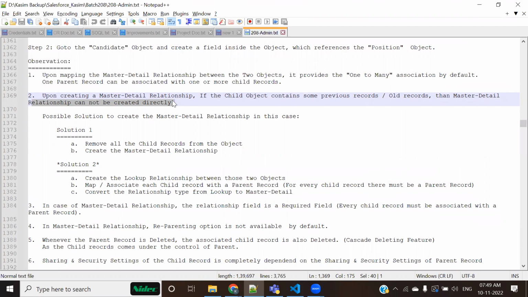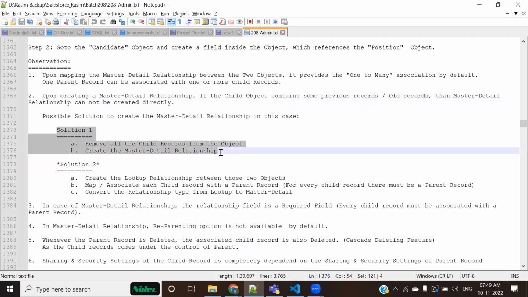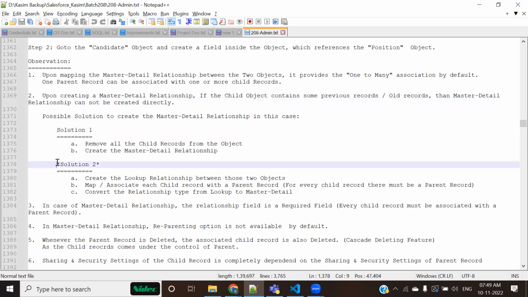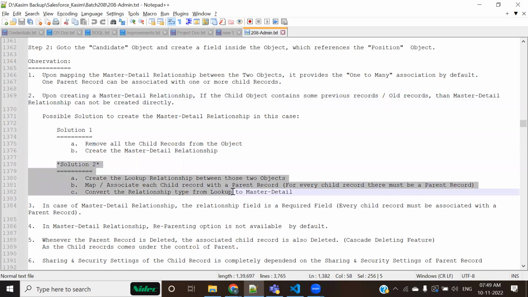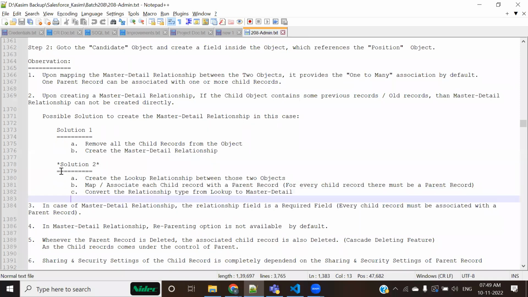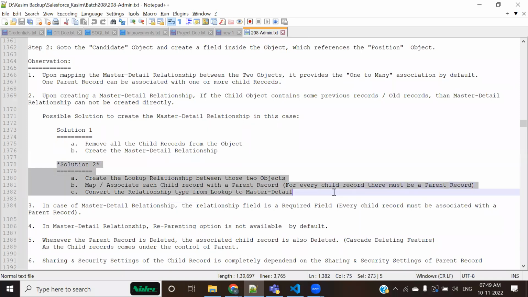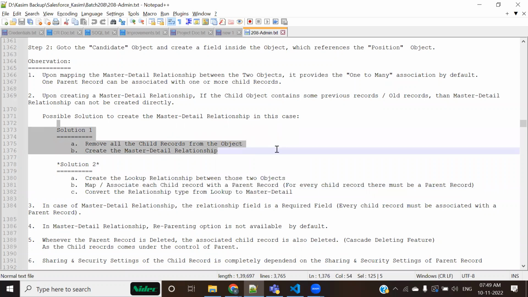I would be going right now with solution number 1, but in real time, we never do this. What we do in real time is step number 2. But for this, you have to understand relationship conversion, which we're going to discuss last. Right now, I'm going with solution number 1.